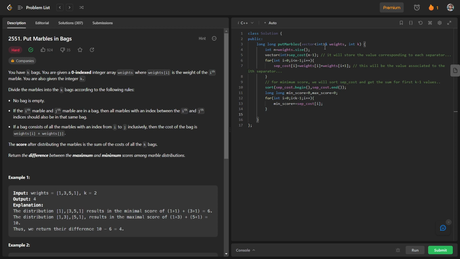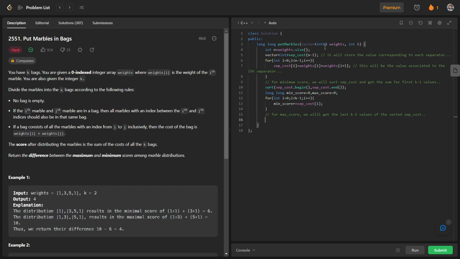And for the maximum one, for max score we will get the last k minus 1 values of the sorted sep cost.